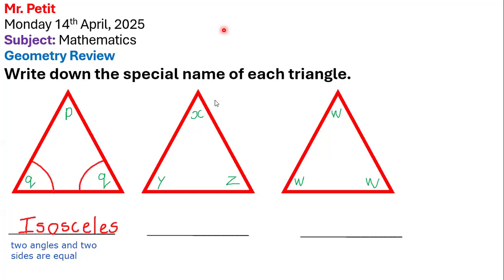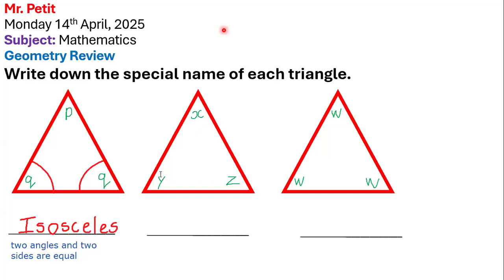Everyone is saying scalene because all the sides are different, because none of the sides are equal. I don't even have any measurements. How do you know that none of the sides are equal? Because the letters are labeled differently. We go off the letters. We each have X, Y, and Z. Very good.